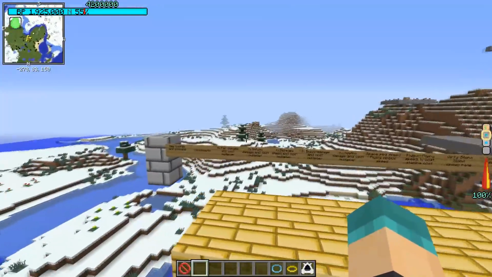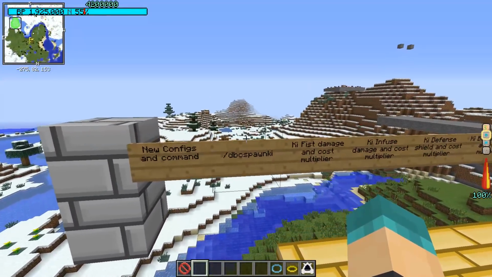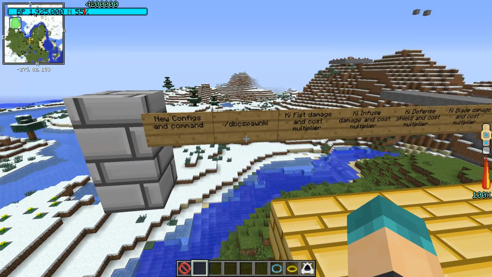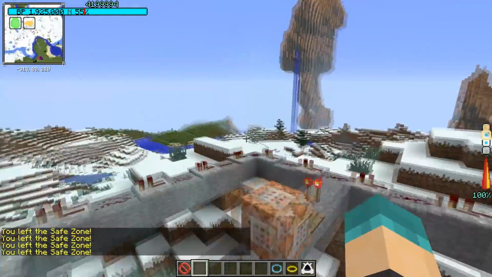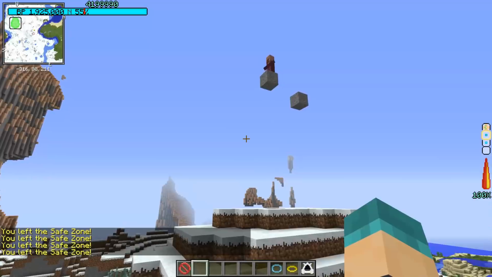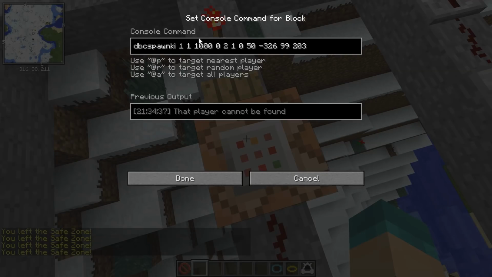Now I also added quite a few new configs and a new command, but first I want to show you the new command, which is basically DBC spawn key, allowing you to spawn a key blast at a specific position, which here I created this little contraption with this command block which has the command in it already. And so basically this first number is what you would use as the type of the key blast, this is the speed, this is the damage, and the rest I don't remember besides these last three ones, which are basically